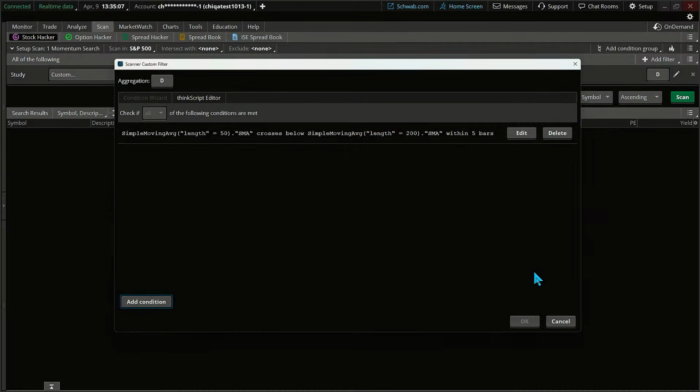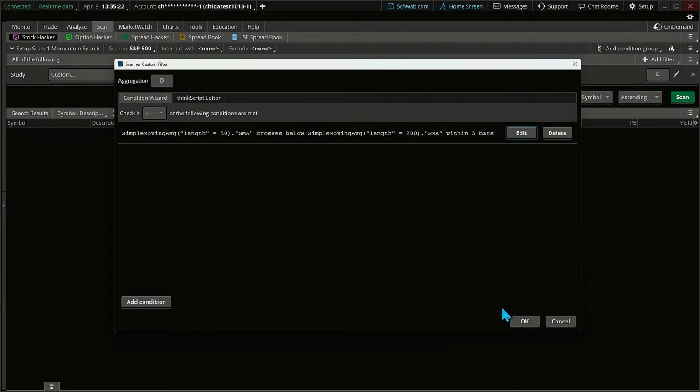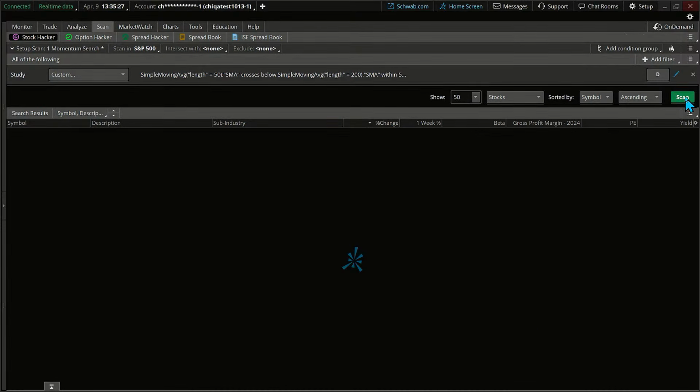Let's click save, click OK. And by the way, that OK will stay grayed out if it doesn't work. The beauty of the condition wizard is, believe me, I do this all the time in this class. I'm constantly getting the OK not showing up, so I've got to correct the code. But in this case with the condition wizard, I have not seen it not show up, so I can click OK, meaning that the code is valid. Click scan in the S&P 500.